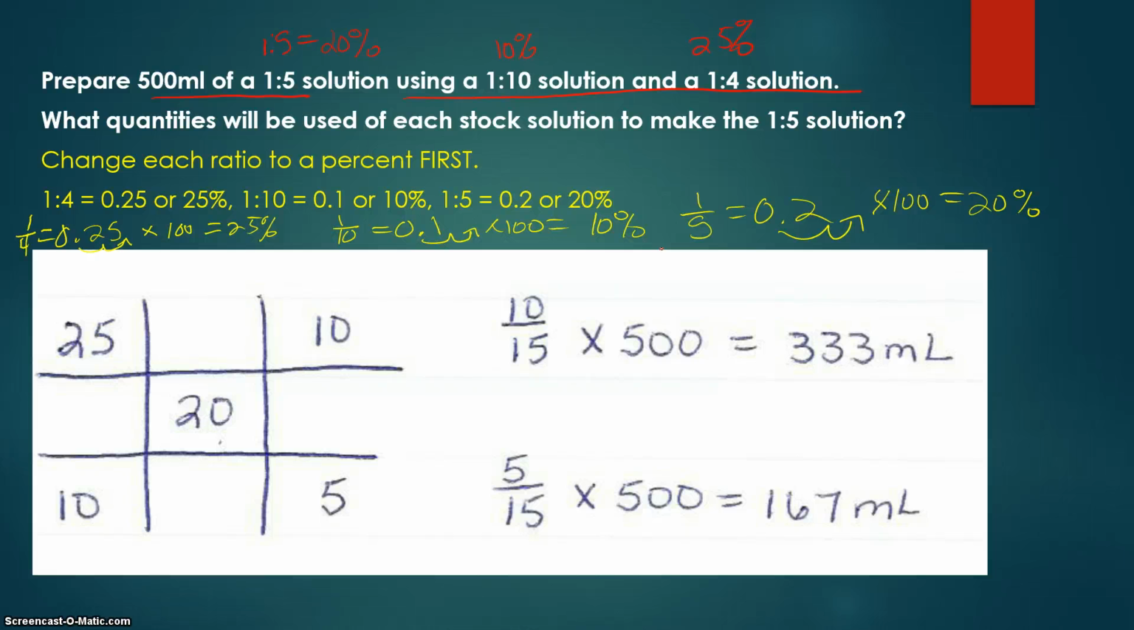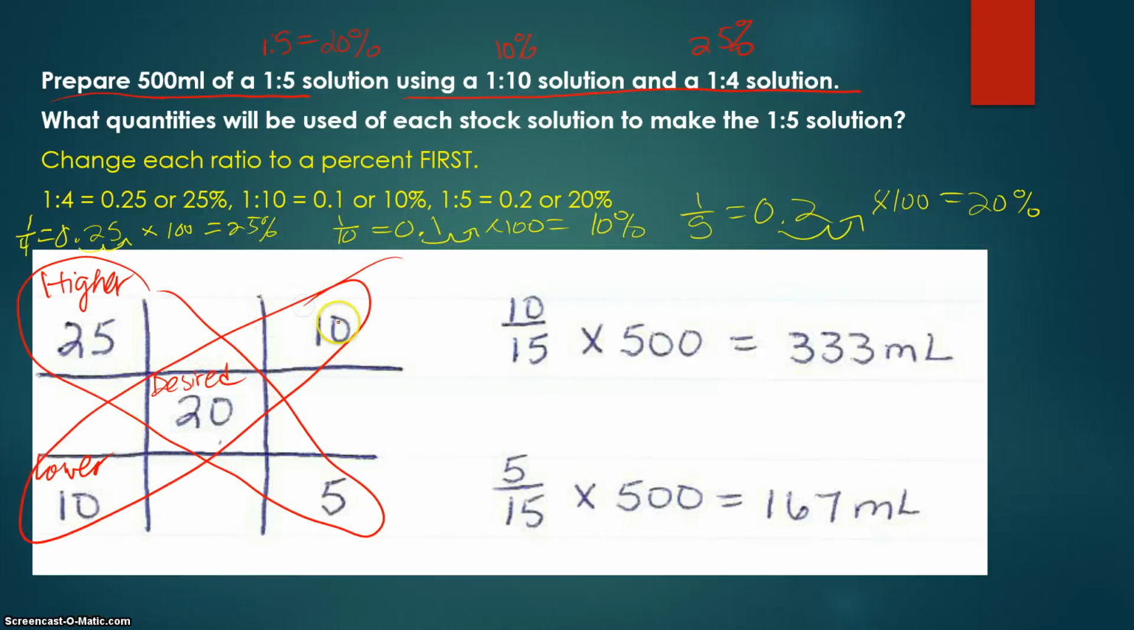Now, the higher of these two is the 25%, correct? So we put that in the upper left-hand corner. The lower of the two is the 10. And the desired goes in the center, which is the 20%, right? Subtraction, 25 minus 20 gives you 5. 20 minus 10 gives you 10. Add up the right-hand column. This gives you 15 total parts,